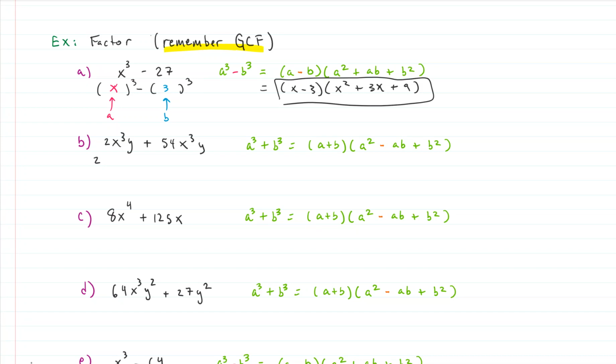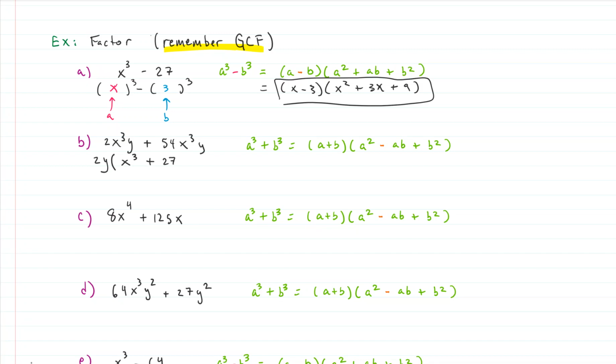They both have the x cubed, but I think the x cubed might need to stay in there. Let's pull out 2y. And what do we have left? That gives us x cubed